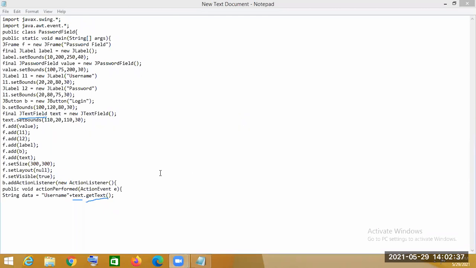After that, we use this data plus password.